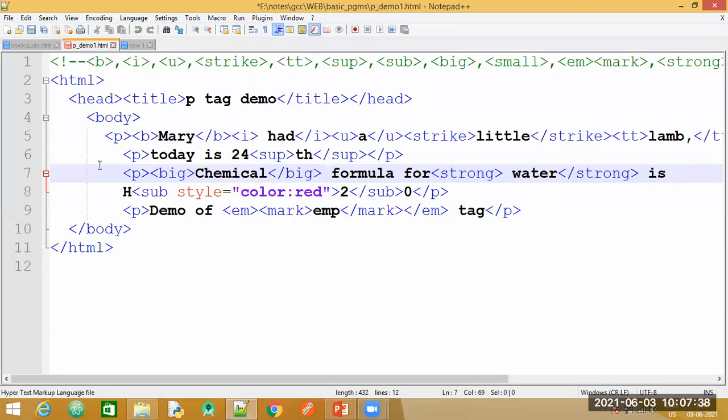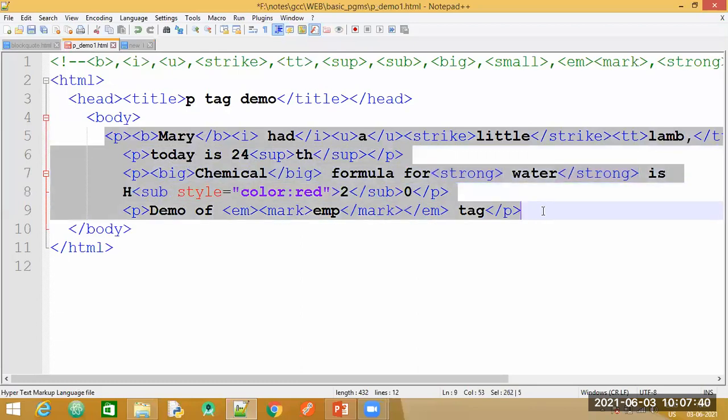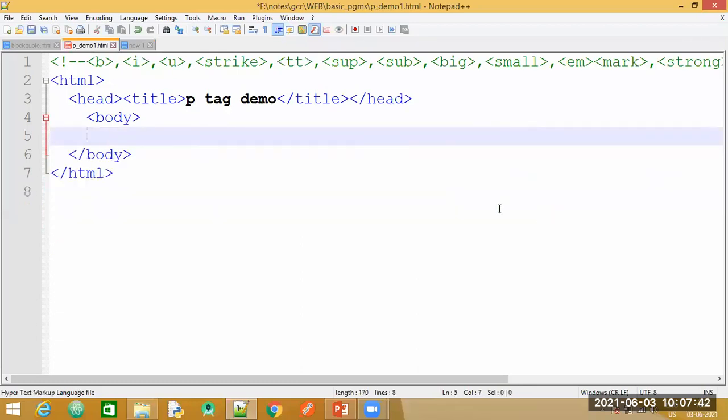Let us edit here itself. I'll remove this. Now, one by one, let us have a look at the different tags. I have written here in the comments so that we do not miss out. So let's first write a simple sentence, and we will write it in the P tag. So I have to open the P tag and write the sentence here.